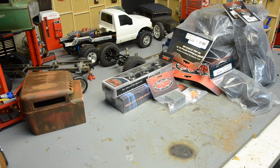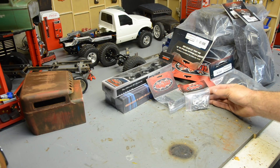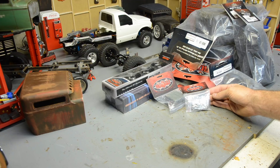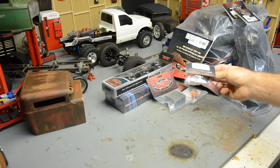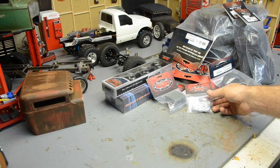I picked up these. These are scale M3 Heim joint rod ends. I thought these would be great for rat rods. They're more realistic. They're adjustable, which would be helpful, so I'm not running out of a certain size of plastic rod ends or metal rod ends. These are adjustable, very realistic looking, and they have a really nice joint in them, so they'll move a lot